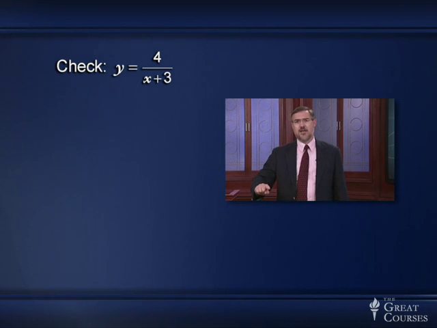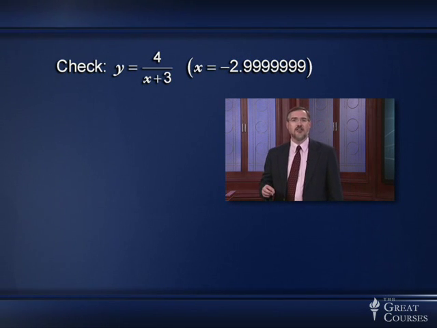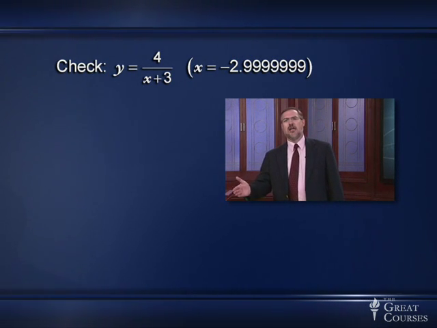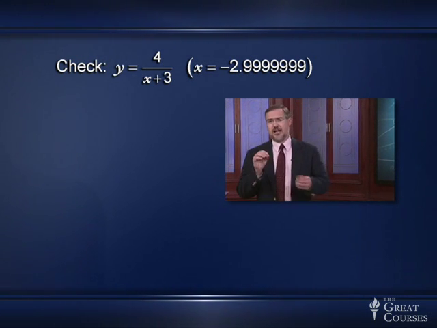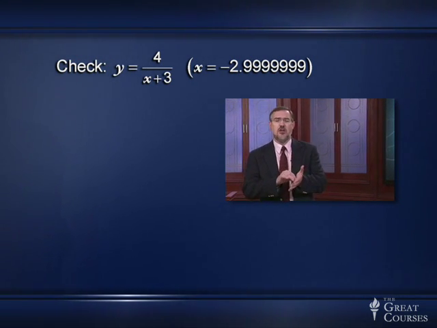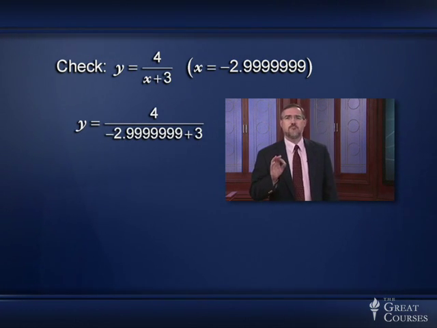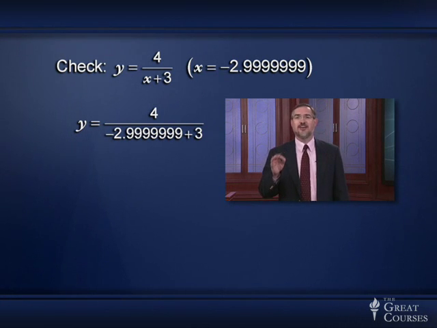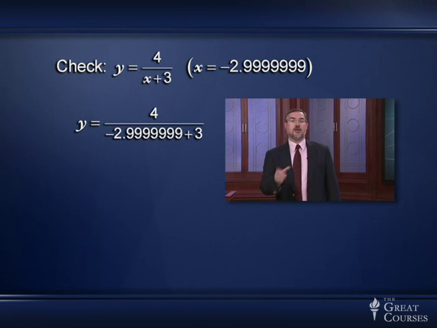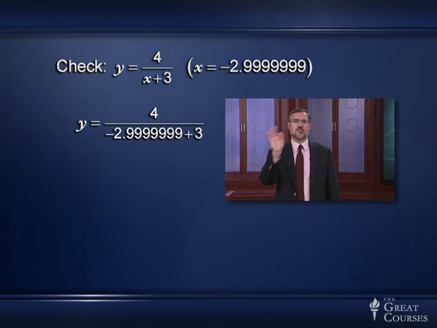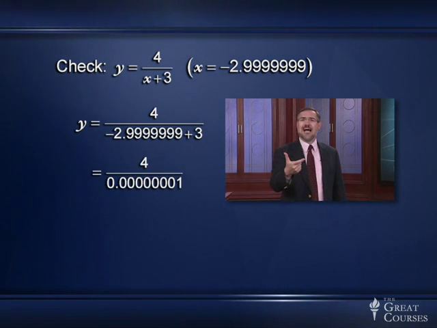Now just to the right of that would be something like negative 2.9999999. Okay, now if you plug that value in for x into that denominator of the function, you're going to have y equals 4 divided by negative 2.9999999 plus 3. And look at that denominator for a second. That's going to become positive, first of all, because the 3 is slightly larger than the negative 2.999 and so on. And that denominator becomes